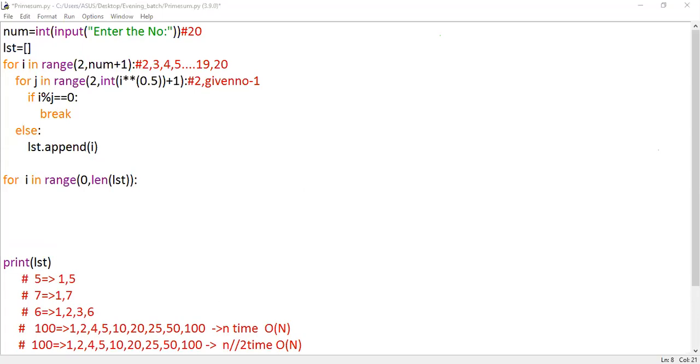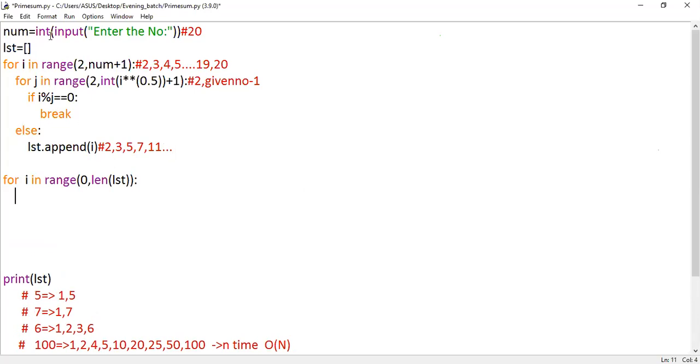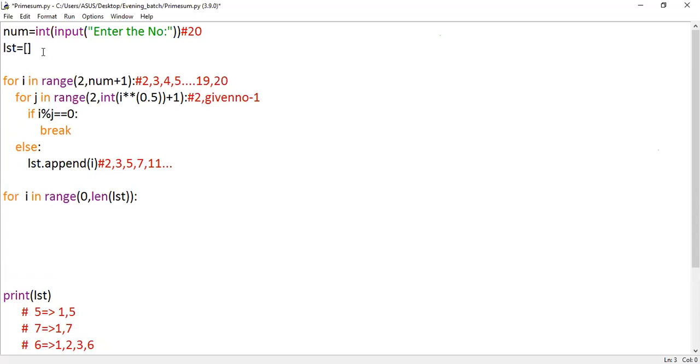So what is the value we got? 2, 3, 5, 7, 11 and so on. Now what are we supposed to do? A very simple task: sum two numbers and check whether the resultant is also a prime number. Our work will be simple, right? So I iterate this array and declare an element called sum1. Okay, sum is a keyword, so let me make it sum1. Initial value, let me make it 0. And now let's go ahead.